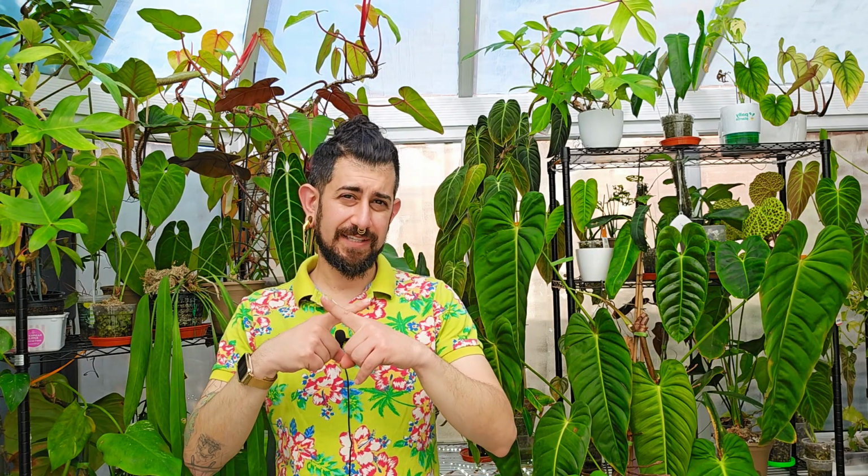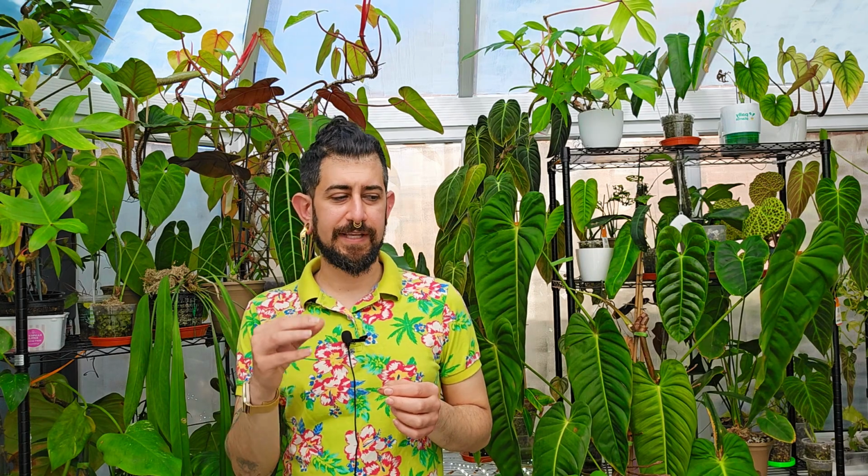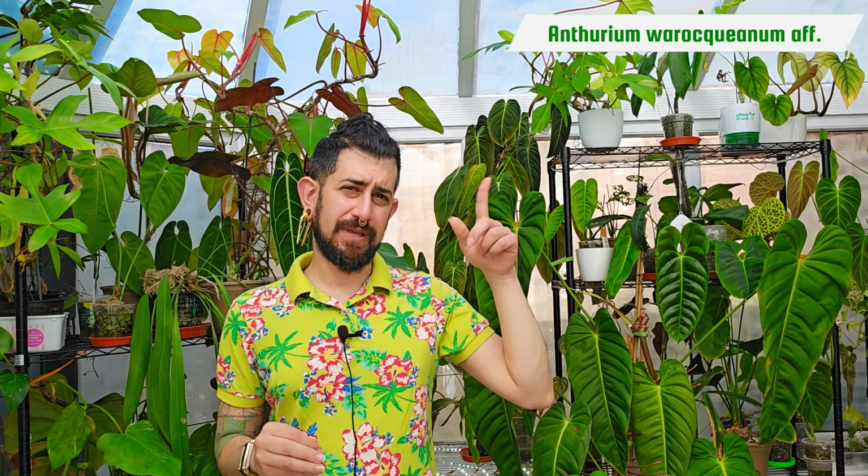But yes, so that X generally will suggest, if you see that on a name, that it is a hybrid, but not always, as I said. For instance, now you might get something like the Philodendron Splendid, which is still a hybrid, but it's got a commercial name, essentially. The other thing that you might see sometimes is something like Anthurium Warocqueanum AFF,